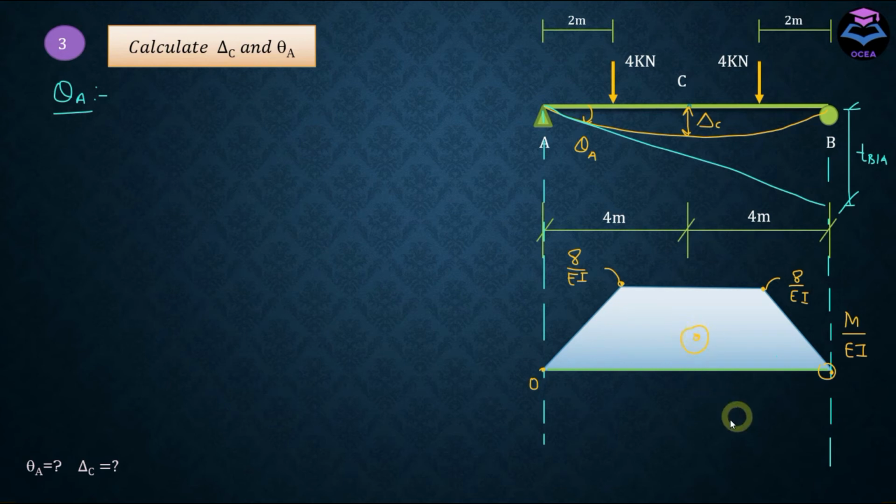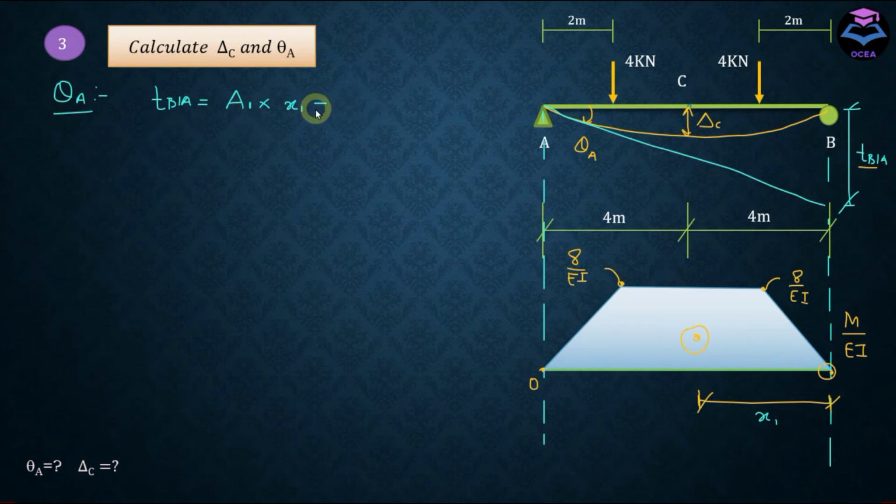So if I take the moment of this trapezoidal shape with respect to this point, I would obtain this TB/A. So let's start by calculating TB/A, and this is equal to the area of trapezoid multiplied by x1. Let's call this moment arm of this trapezoid with respect to this point as x1,